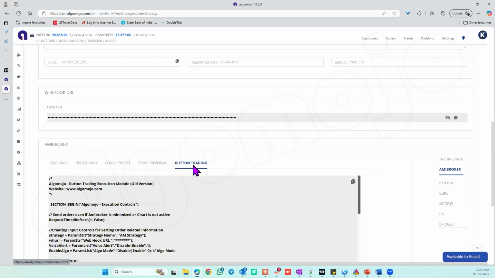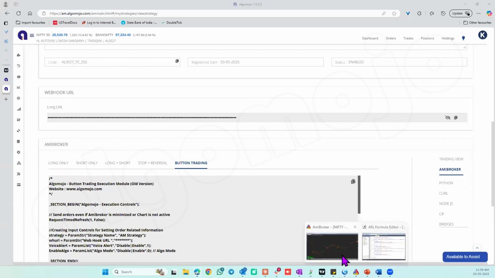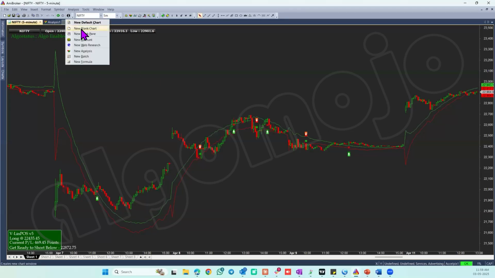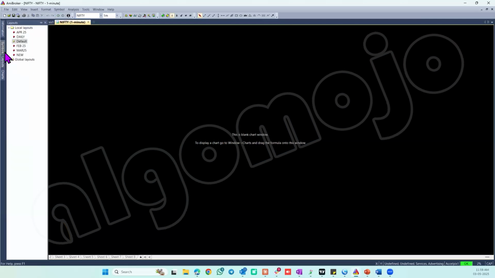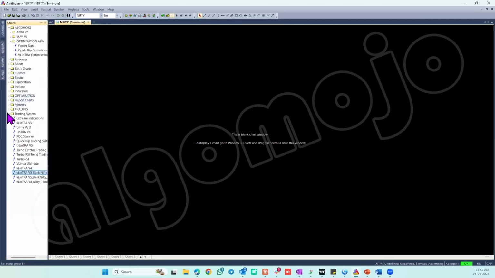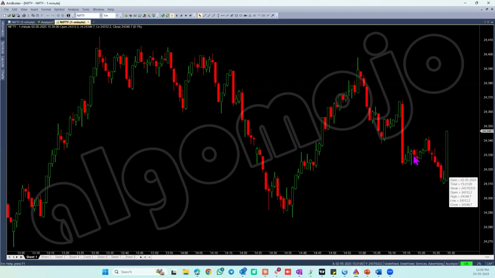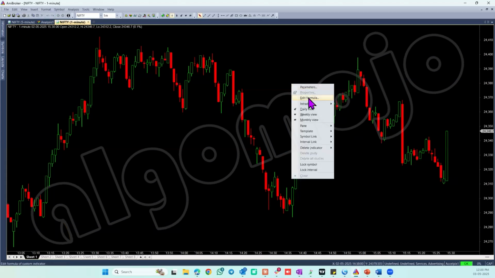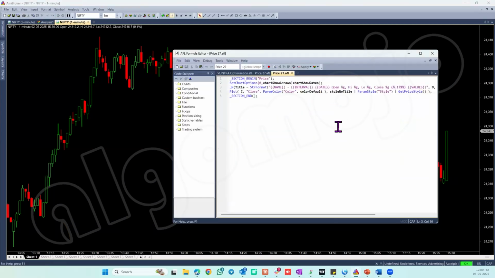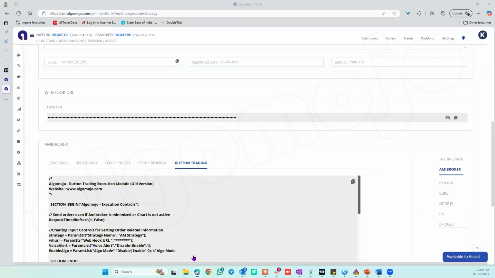Or if you want to do a button kind of trading, that also is possible. Suppose you have Amibroker open and we load a new chart, a price chart. If you want to trade visually from here, you can try and use our button module. All you have to do is go here and add the button module. Of course, these are available as AFLs also. You can download them and then just drag and drop. I have not downloaded, so let me try and copy it from here. So copy this code,